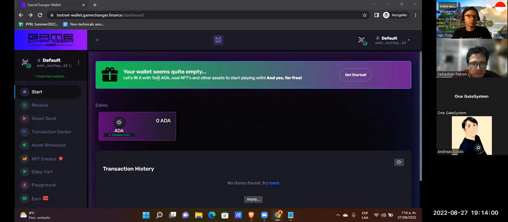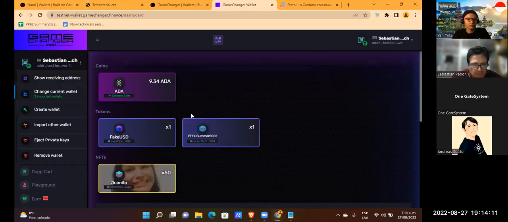Let's fill it with test ADA, cool NFTs, and other assets. The wallet itself provides some ADA, some fake USD, some tokens in general, and some NFTs.